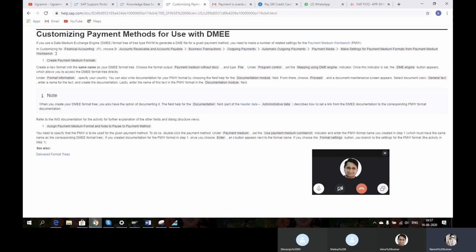This is one side, it is done. So then assign payment medium format to note to payee is also done. This is one single step.